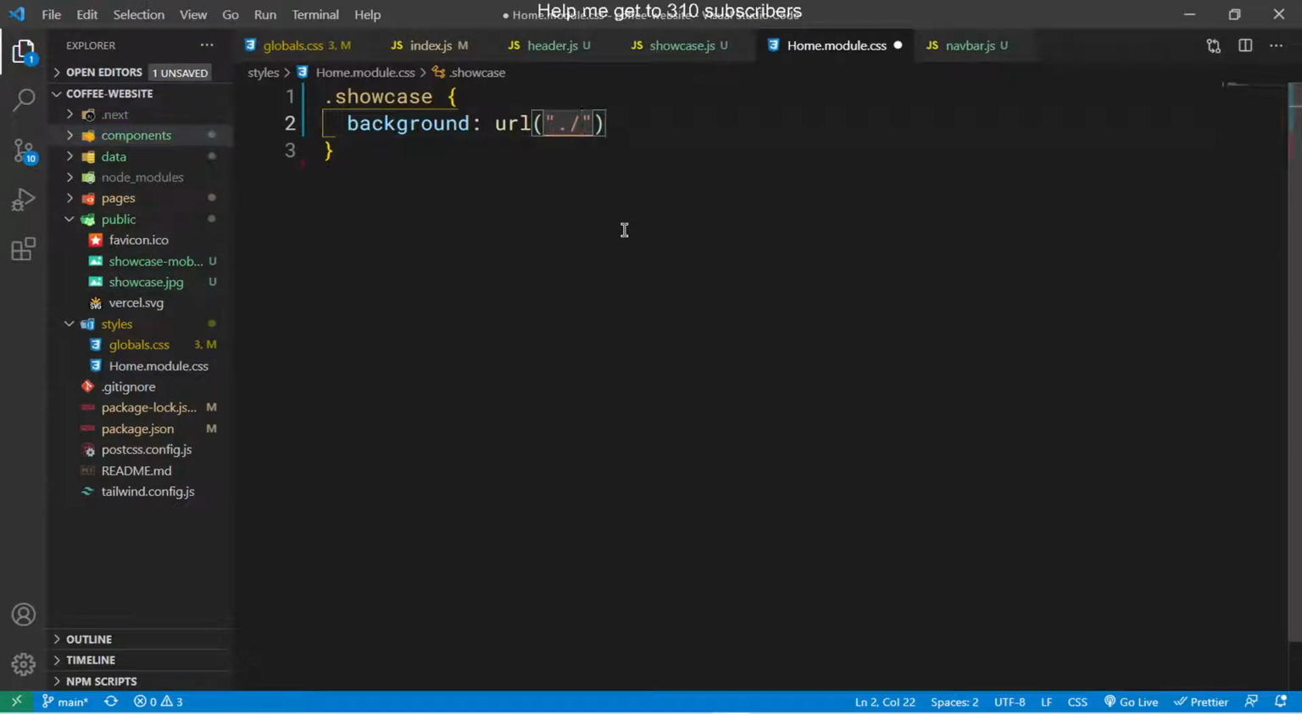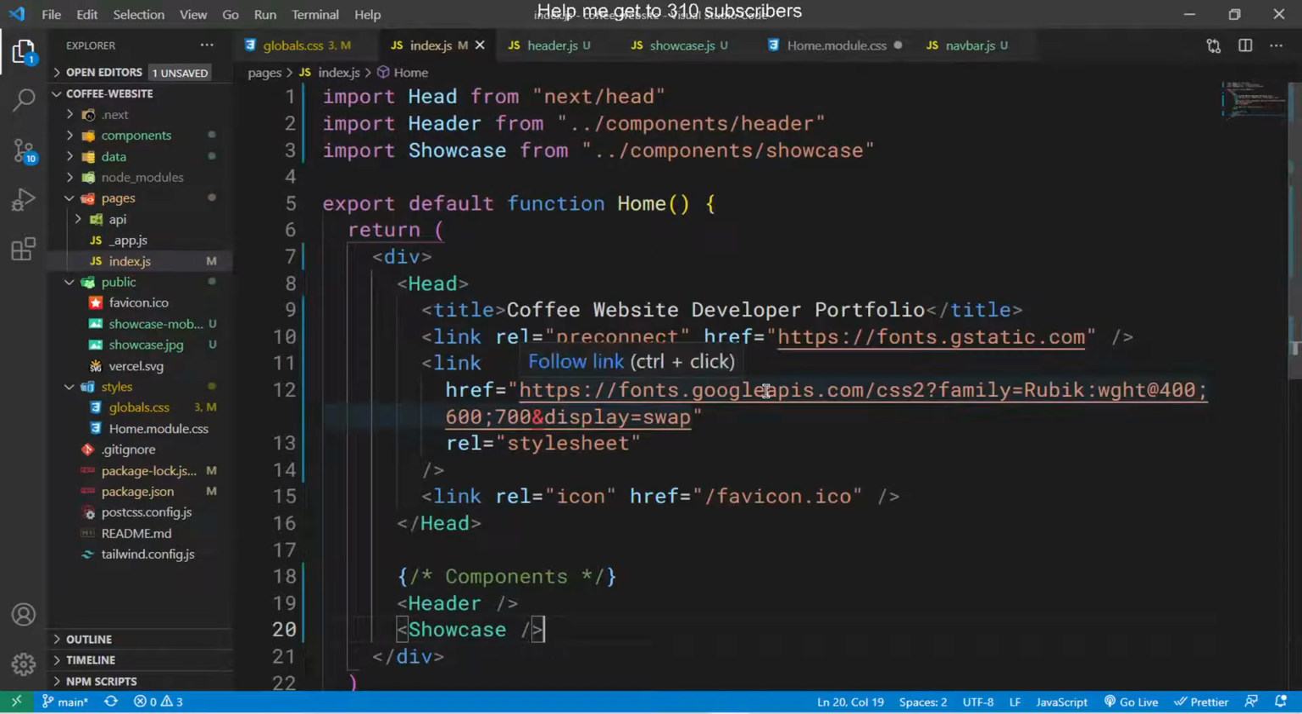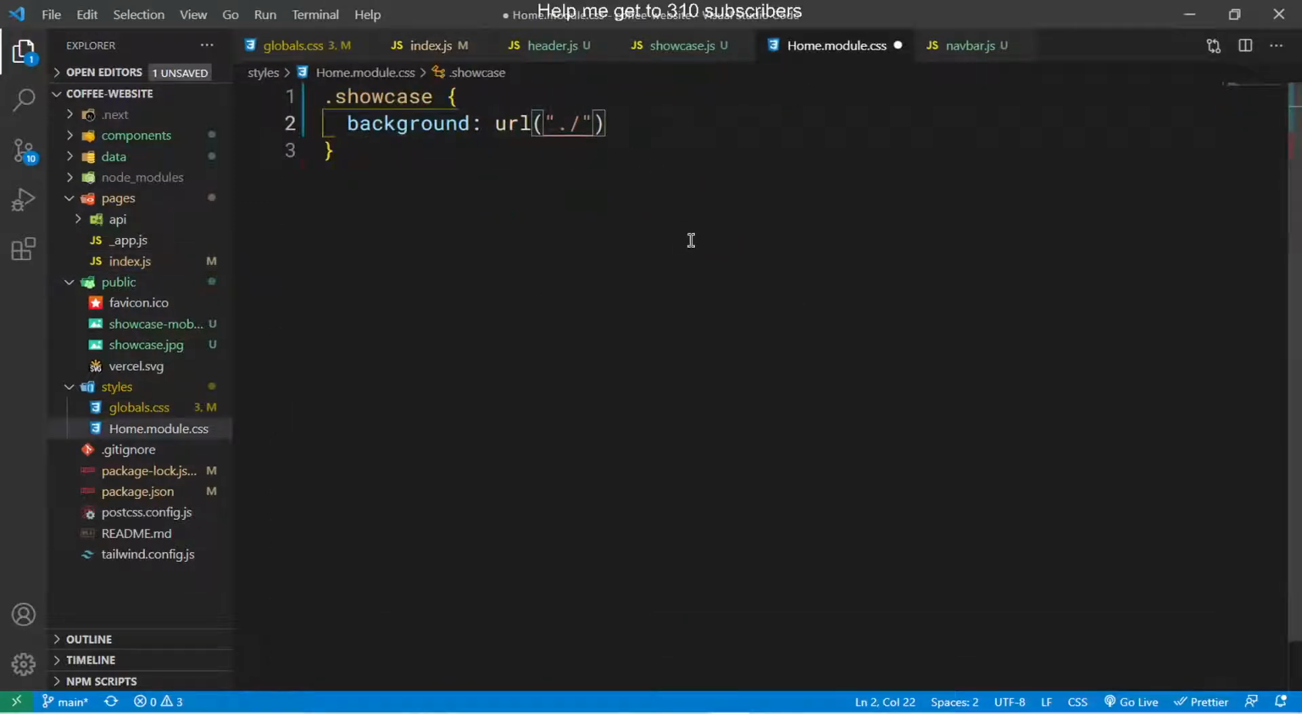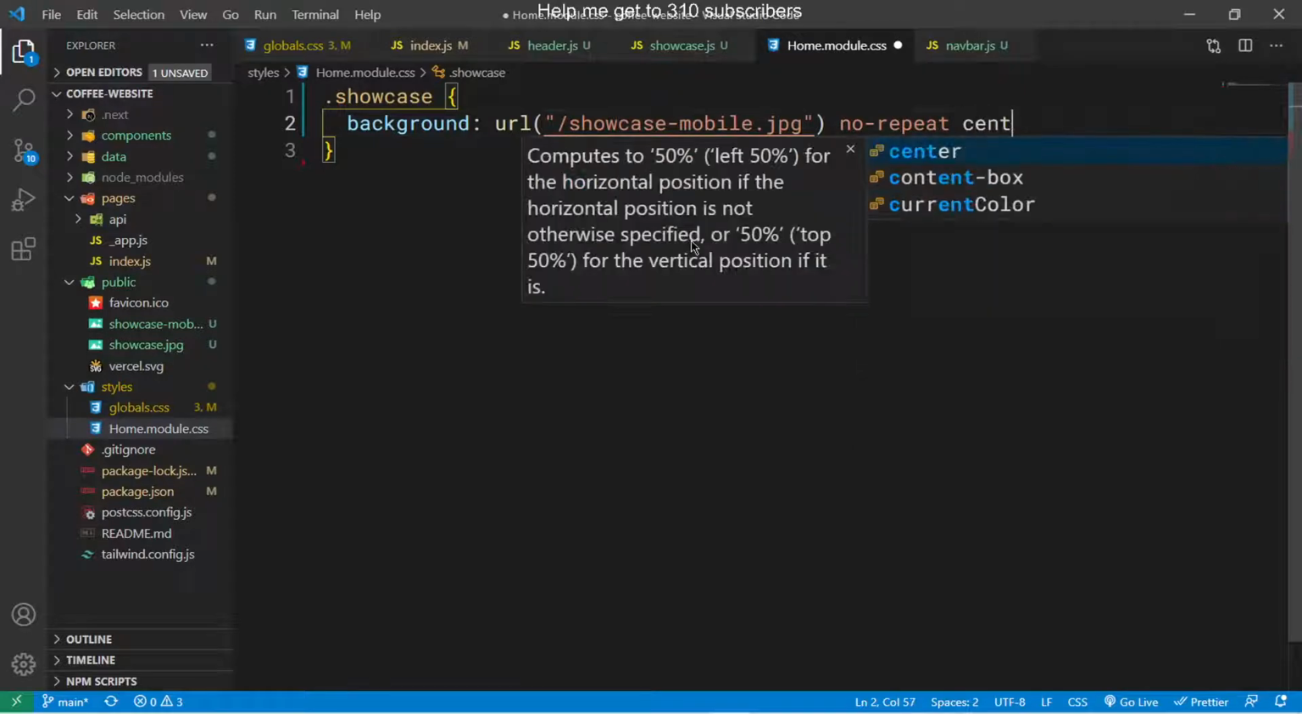Should be /public, or rather, wait, is it /public? How is this image targeted? This is targeted as, what is it, /favicon. Okay, so this should be /showcase-mobile.jpg, like so, and then set the no repeat value to no repeats, and then set it to the center